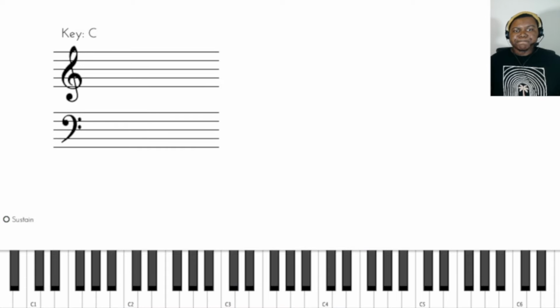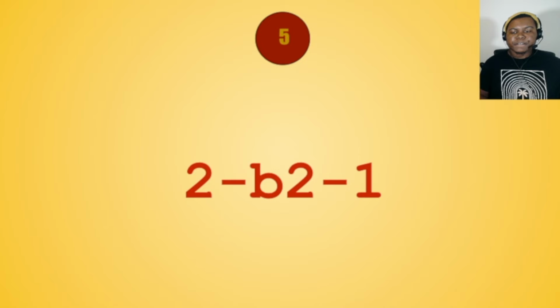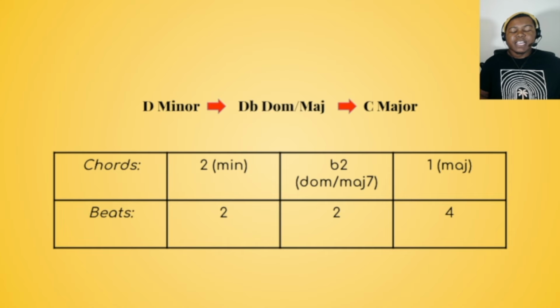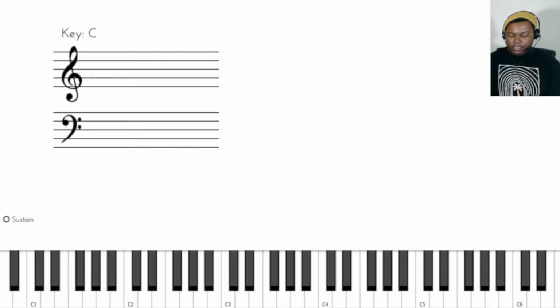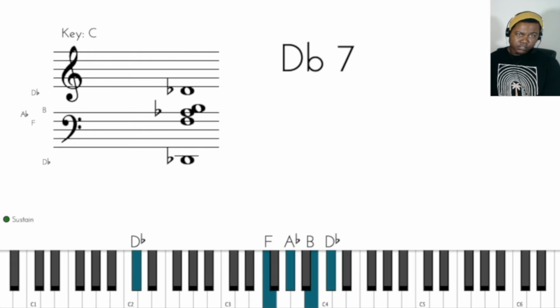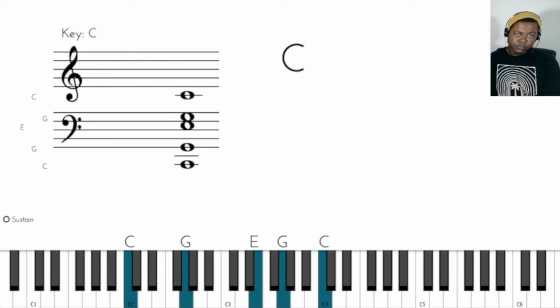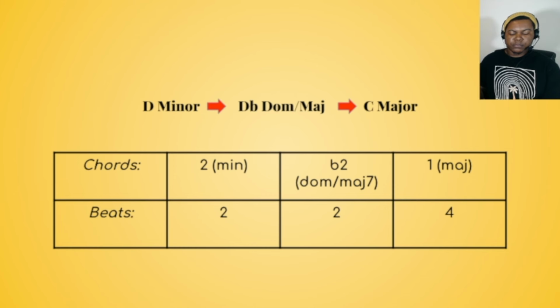Simple, easy, cool. Number 5, 2 to flat 2 to 1. I really like this one. This might be one of my favorites. So we have D minor going to D flat dominant or D flat major going to C. And we might spend a little time on this one, but it sounds like this: 2 dominant, flat 2, 1. The quality of the flat 2 can be a major 7,